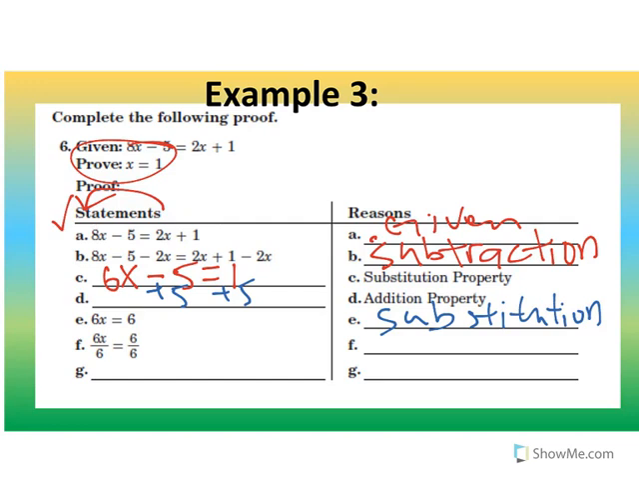Right? And to solve for x, we're going to divide both sides by 6, so this is division. And 6 divided by 6 is 1, so we have a 1x, and 6 divided by 6 is also 1, so this is